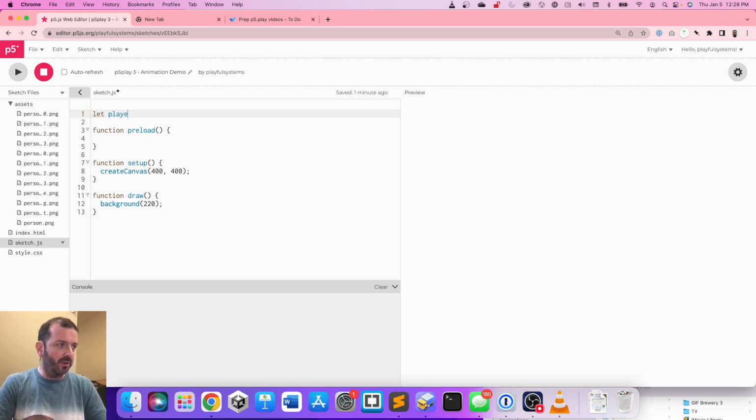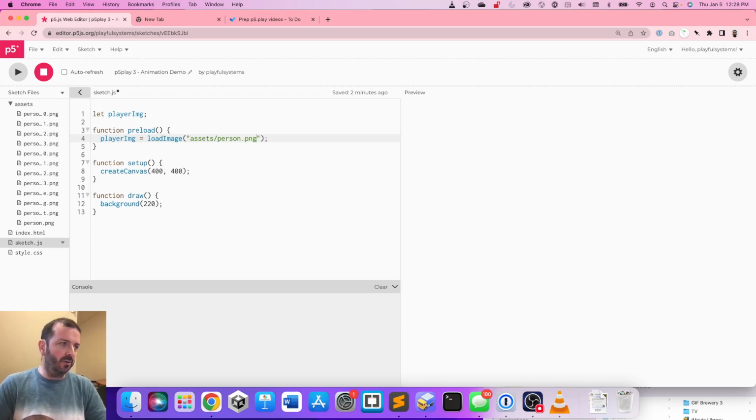All right, so in order to load an image, we are going to just create a variable, like I mentioned. I'll call this player image. And in preload, we can just say player image equals load image, and then in the parentheses, we're going to pass in the path to the image that we want to load. In this case, assets is the folder. Make sure that if you have any folders that you've created, to include them. Then slash, which just means in that folder, and then I'm going to use